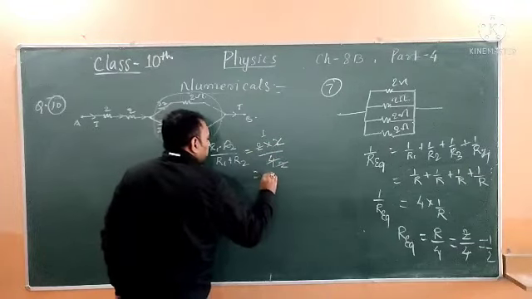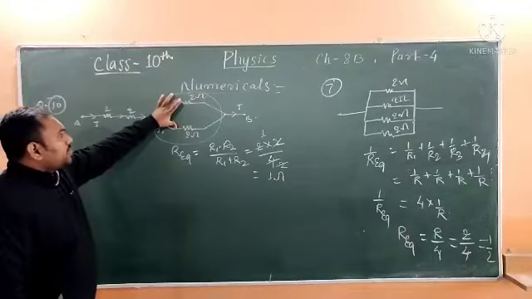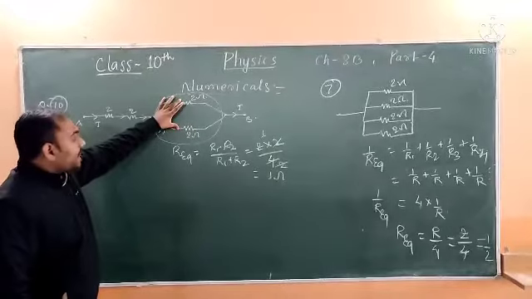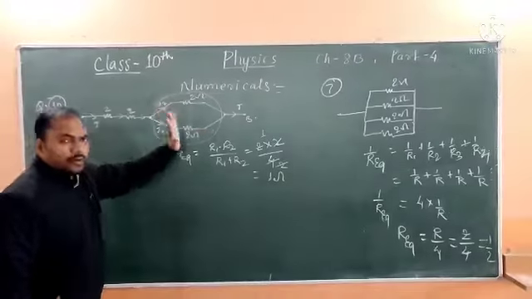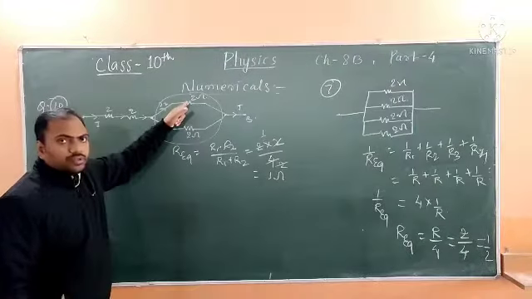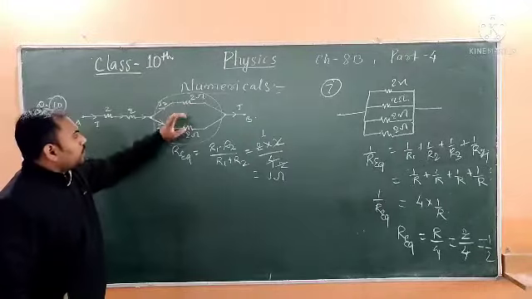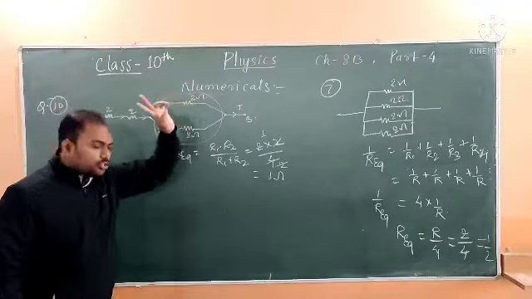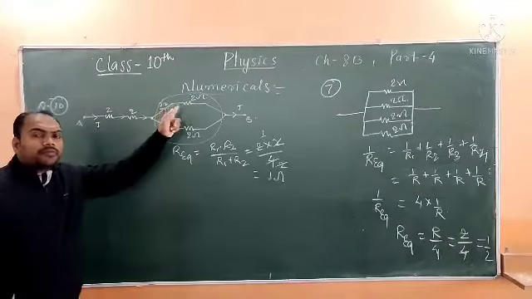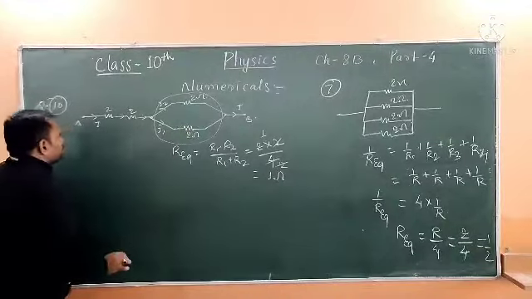That is 1 ohm. There is another way. If there are 2 resistors which are always equal and which are in parallel, the equivalent resistance will be half of it. Means 2 and 2, the equivalent resistance will be half of 2, that is 1. If it is 4 and 4, half of it will be 2. Do you get it? If it is 6 and 6, half of it will be 3. So I hope that I have generalized it for you.